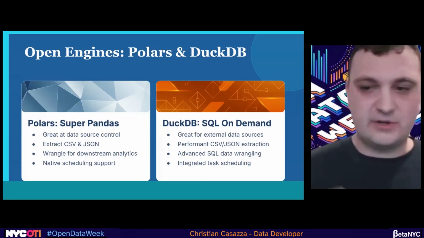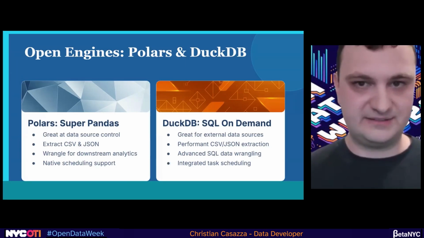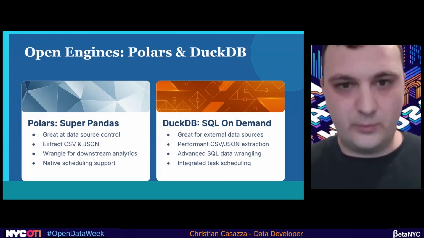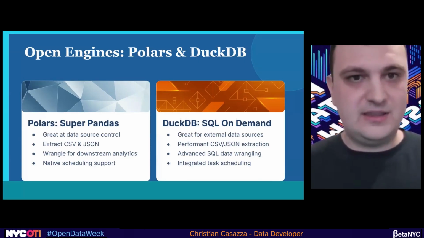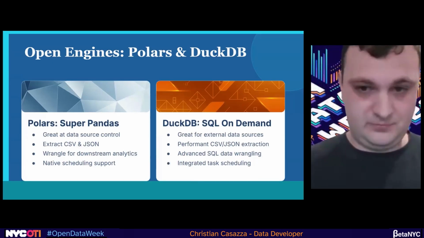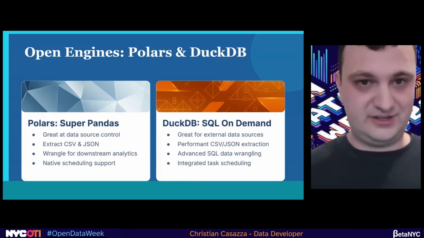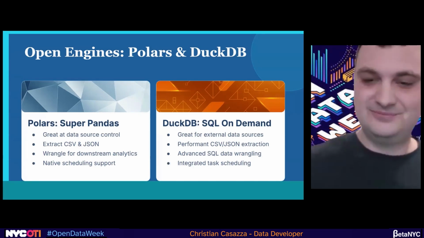Polars is what you use if you're more familiar with Pandas and you want to do data wrangling and more code-based data use. It's a very similar data frame API to Pandas, except everything runs so much faster, especially if you're using a lazy frame, which allows you to defer execution as opposed to loading everything in memory. Again, if you want to ask questions about that, we can go over it later.